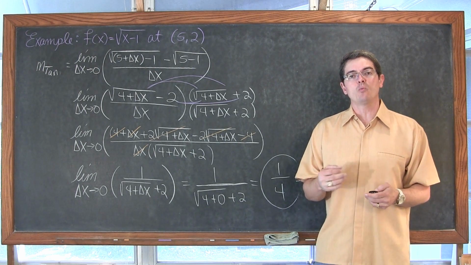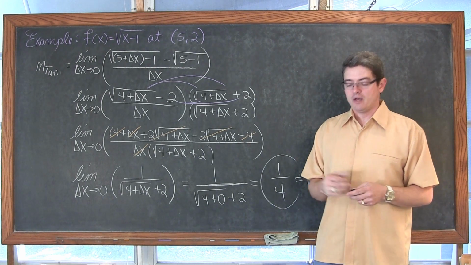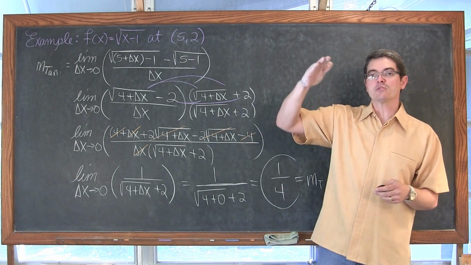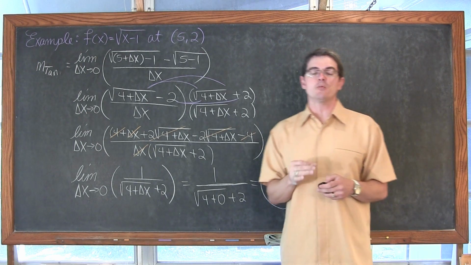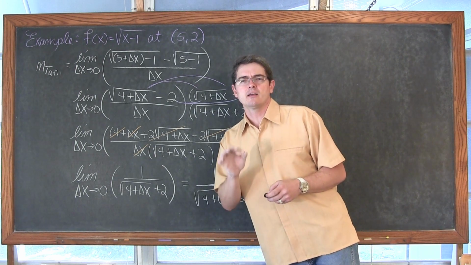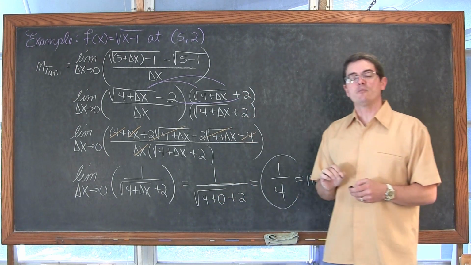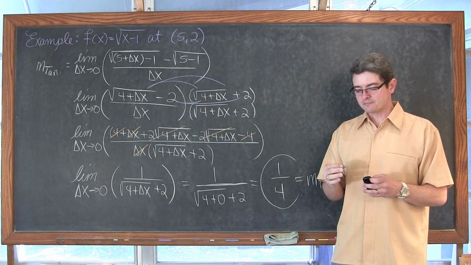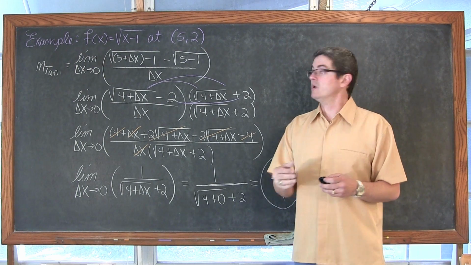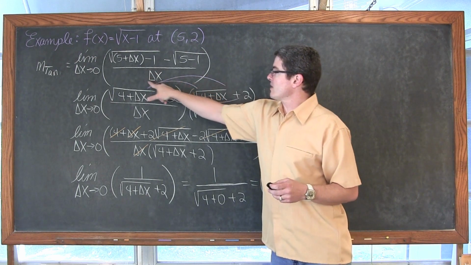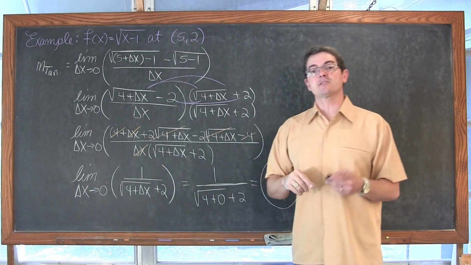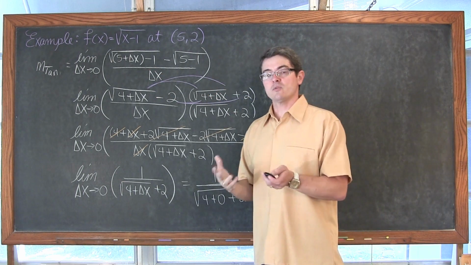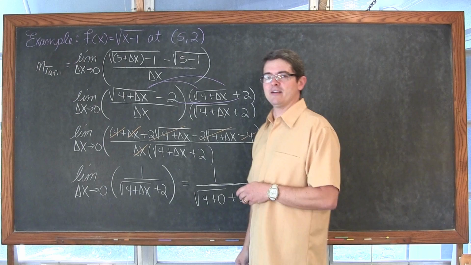What happens when you try to find the slope of a smooth, continuous curve, keyword on smooth, at a point where the tangent line is vertical? That means that we're going to have some issue trying to get rid of that delta x in the denominator, and so we need to recognize that. It's coming up right now.